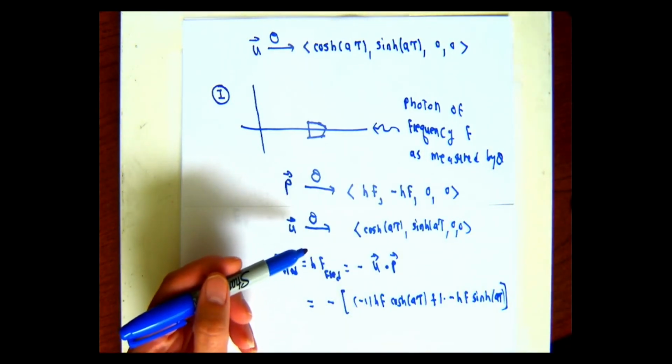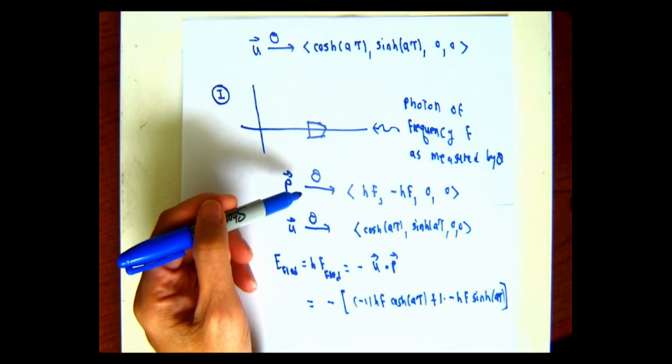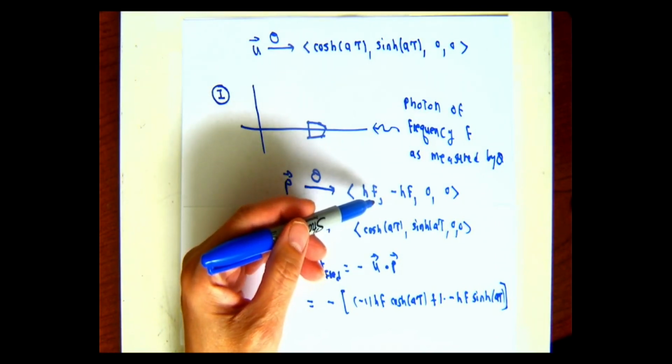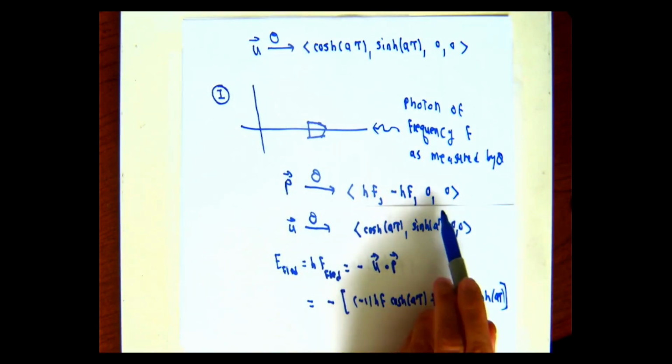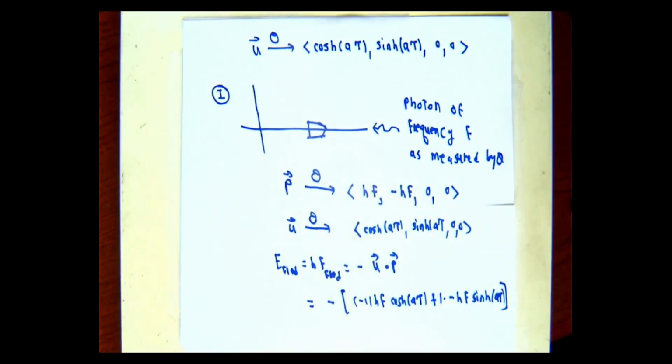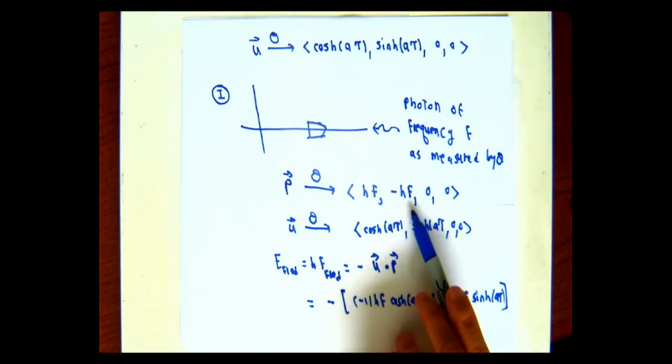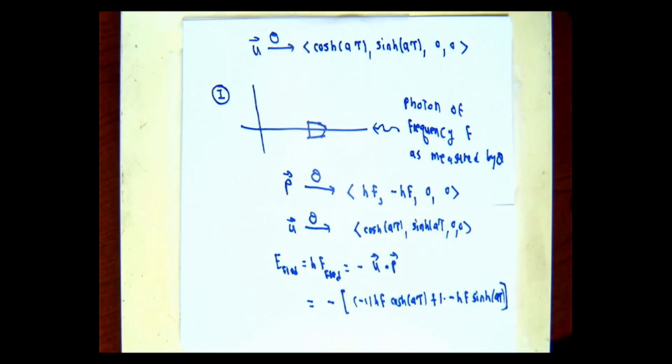We already know what Fred's forward velocity is as measured by O. As measured by O, component number 0 of the 4-momentum is the energy. There is no energy or momentum being transferred in the y or z direction. The amount of momentum in the x direction is h times f divided by the speed of light. And since it's traveling in the negative x direction, we should associate that with negative h times f for the x component of the 4-momentum of the photon. When I do the dot product,